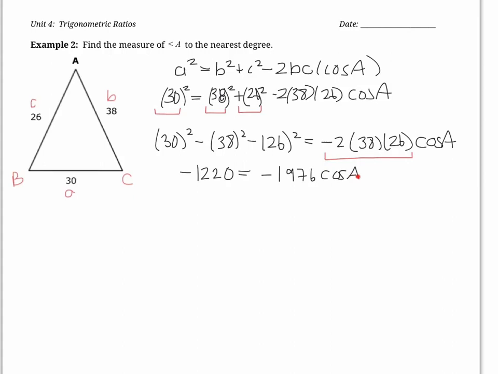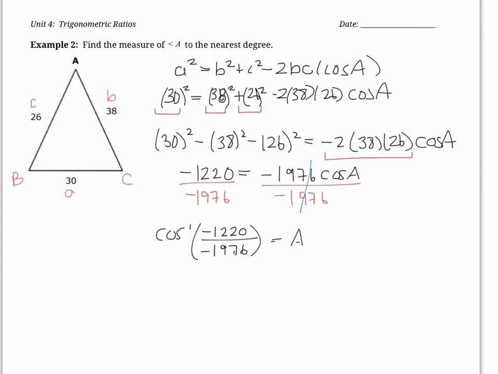So let's continue to get A by itself. We can get rid of this number by just dividing by it. So we can divide by negative 1976 on this side, divide by negative 1976 on this side. These two will cross out. And how do I get rid of the cos now? Well, we have to apply the opposite of cos to this, which would be cos inverse. So we would take the cos inverse of whatever this number works out to, 1,220, divided by negative 1,976